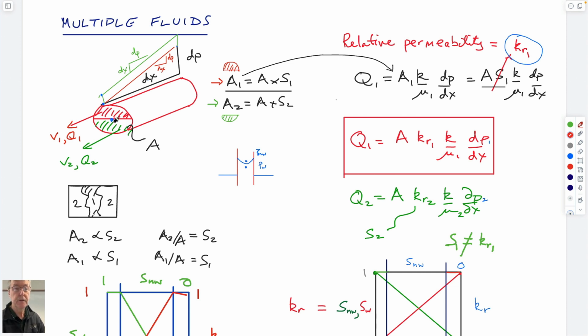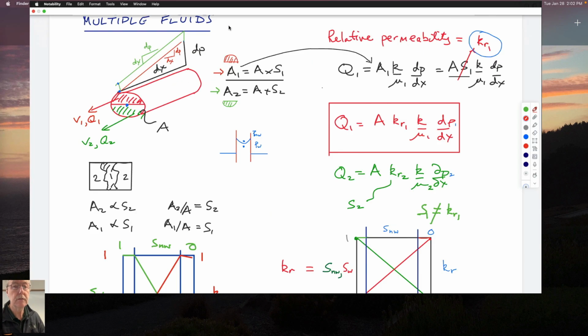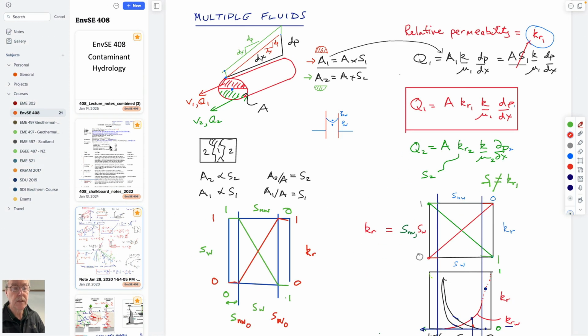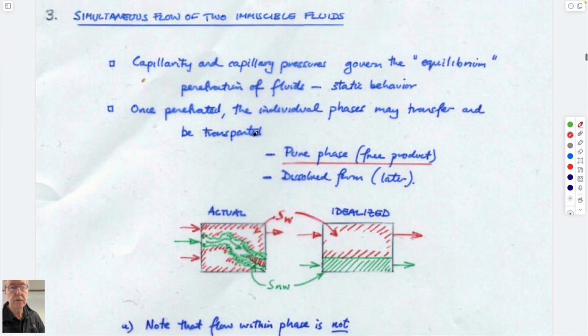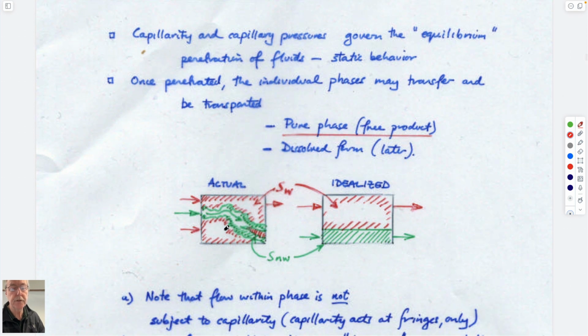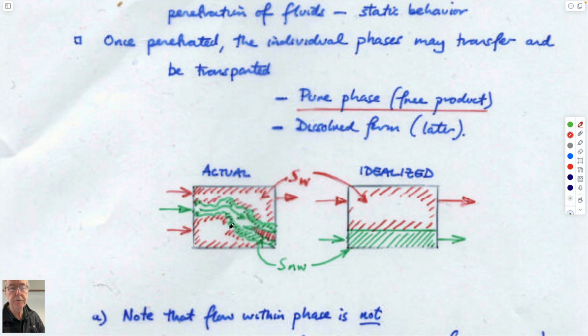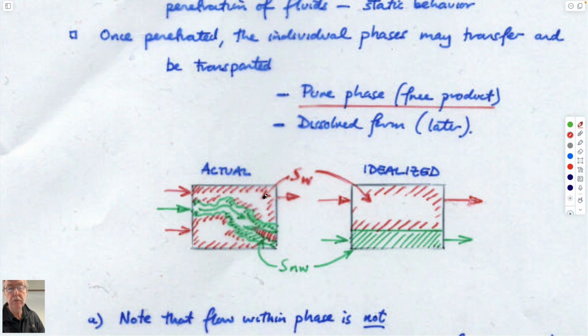And you can think of doing this. And actually I'll go back to this. This is the thought experiment. So the thought experiment is to do this. And so you could imagine that the real porous medium you have looks like this. The wetting fluid water is the red. The green is the non-wetting fluid. And we know that the non-wetting fluid will tend to go into the most open pores first from our capillary pressure versus saturation curves. So you'd think that this highway through here would be occupying all the largest pores in